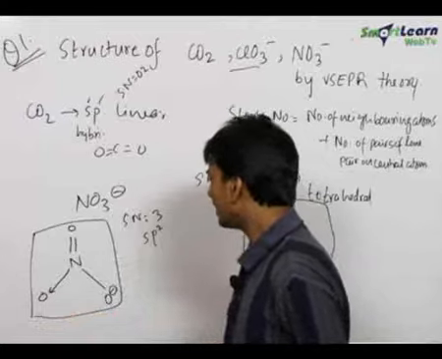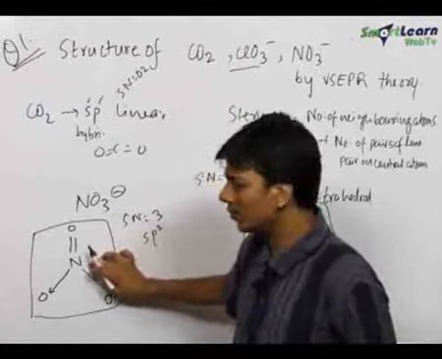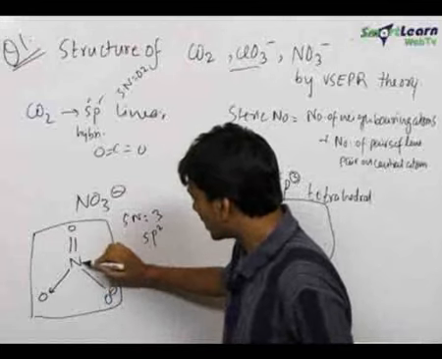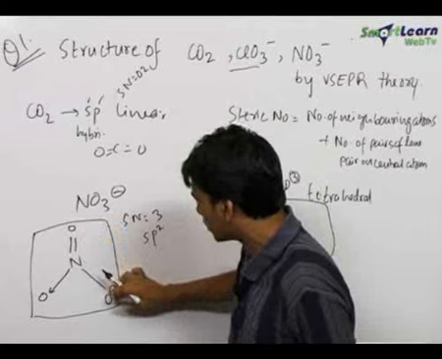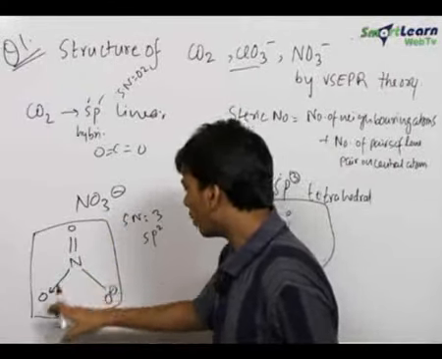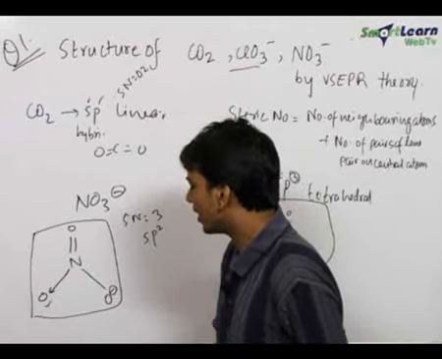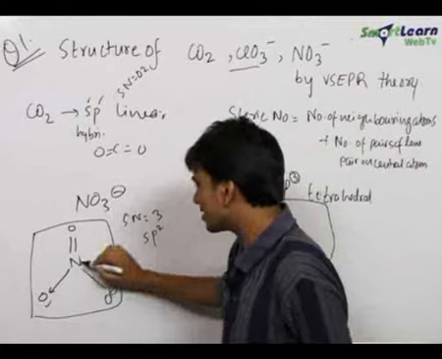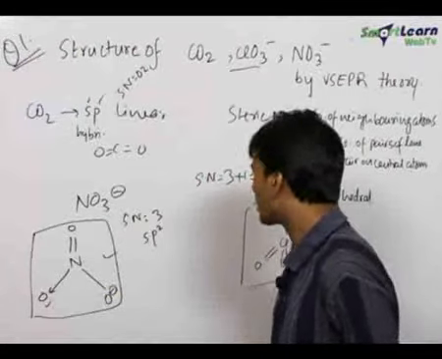Over here we see that the octet of all the oxygen atoms and the nitrogen atom is complete. This nitrogen had 5 electrons initially. It has taken 2 electrons of this oxygen and 1 electron from this oxygen by this single bond. Here is a coordinate bond in which both the electrons are being shared by this nitrogen atom, so that this oxygen also completes its octet and this nitrogen does not get any extra electrons in its octet. So the final structure for NO3 minus becomes this.